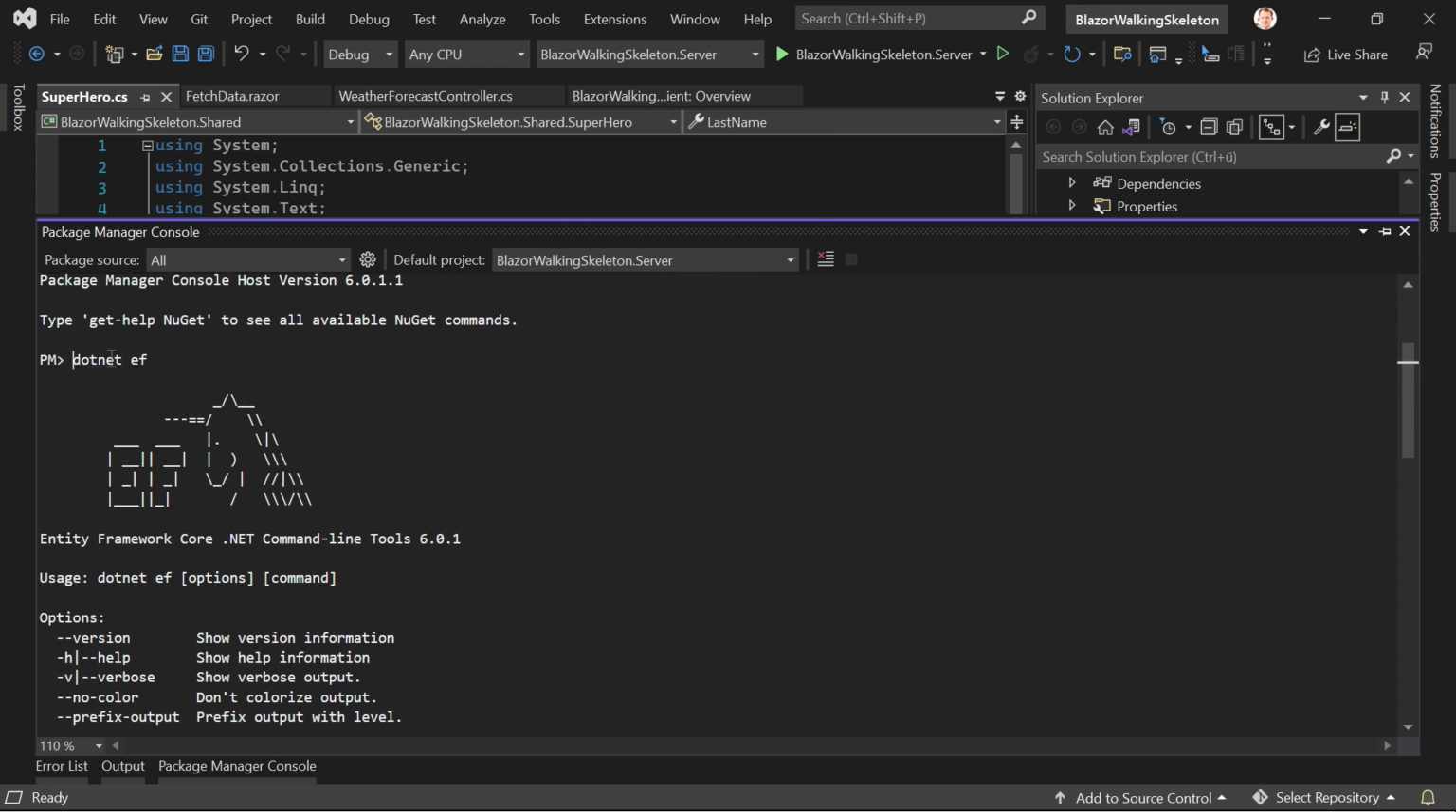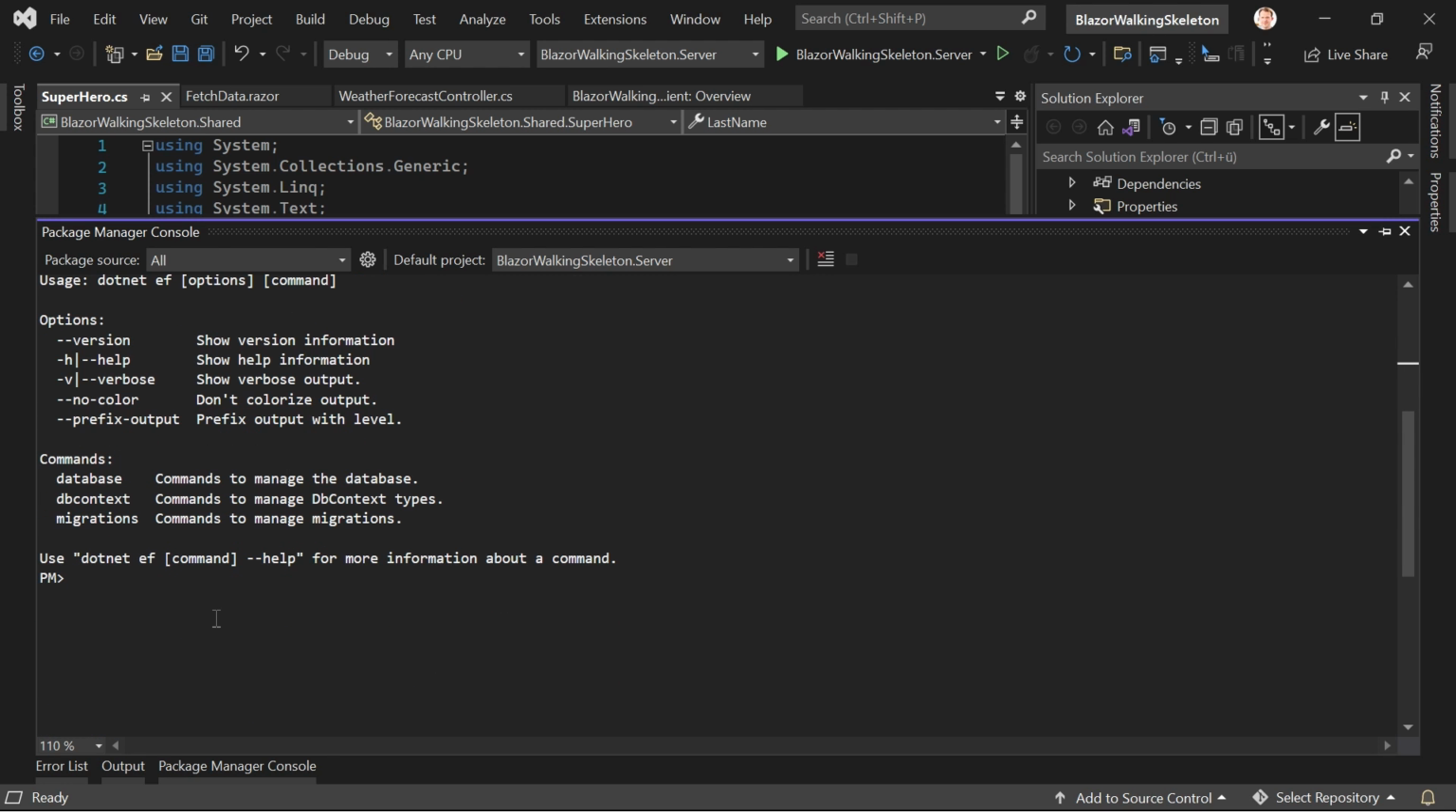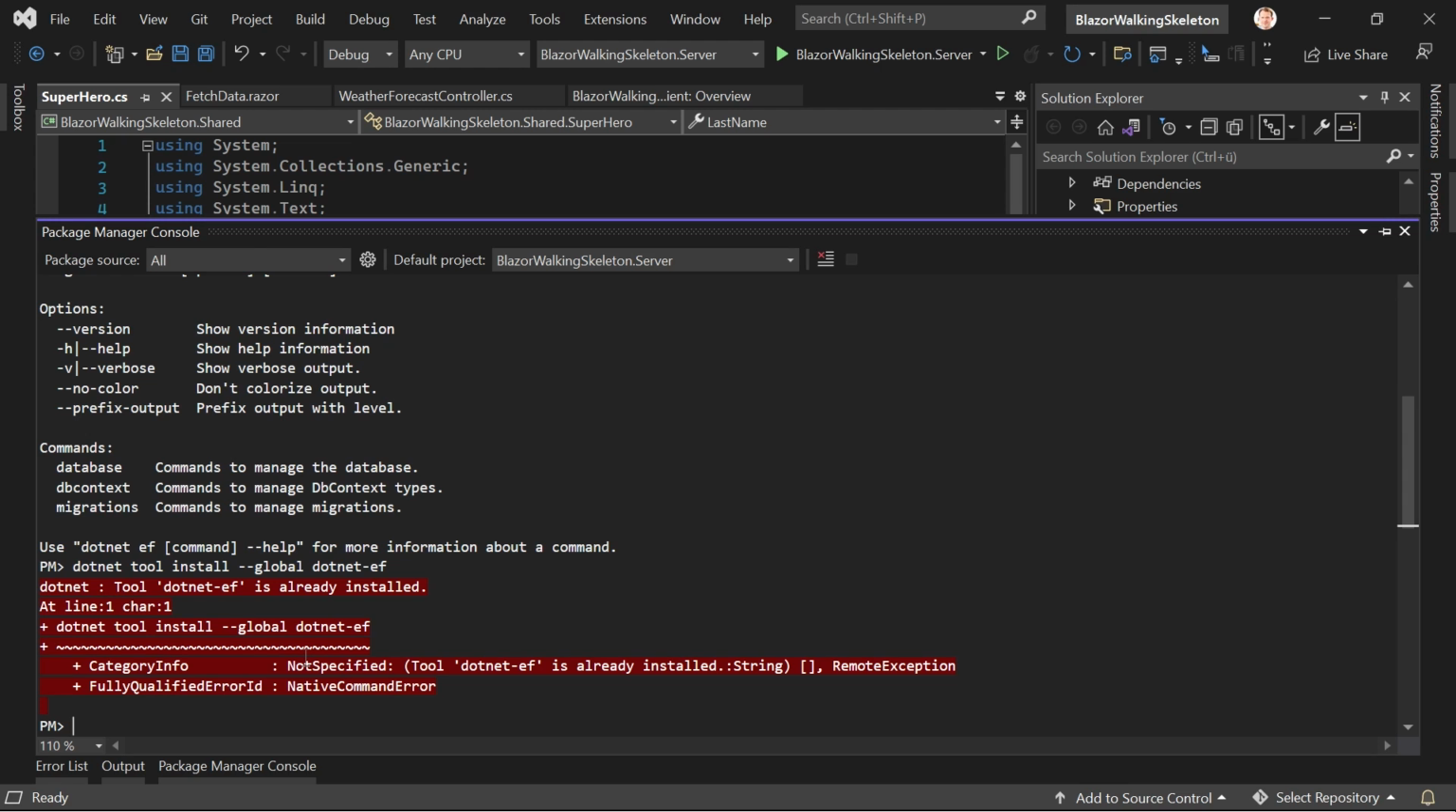Anyways, with that command, you see if Entity Framework Core is installed. If not, you can do the following: dotnet tool install --global dotnet-ef. I've got it already installed, as you can see here, but let's just do this together again, because I can